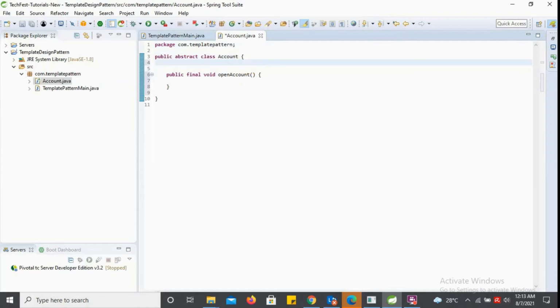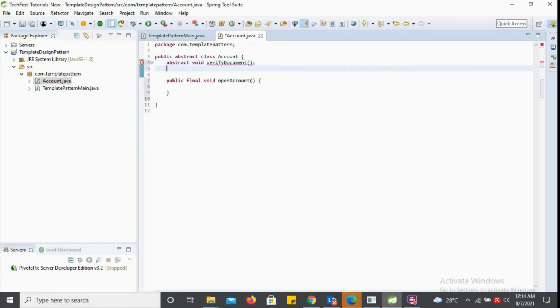For that I'll create a number of abstract methods: public void verifyDocument, second, void verifyAddressProof,